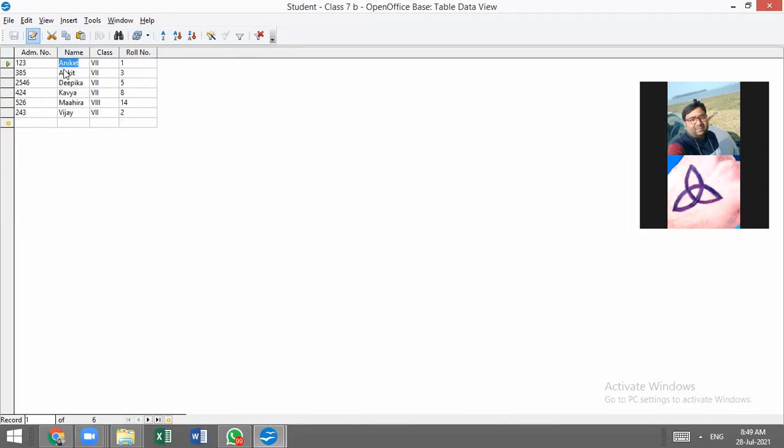I can observe that Aniket and Aniket start with A and N, then the third character is I and the third character is K over here. So I comes first, that is why Aniket is at the top place. Then Aniket, Ankit, Deepika, Kavya, Mahira, Vijay. These are the sorted alphabetical order, right?